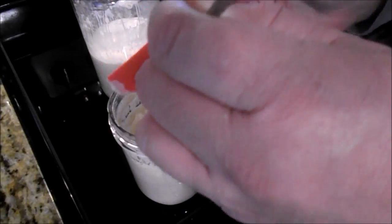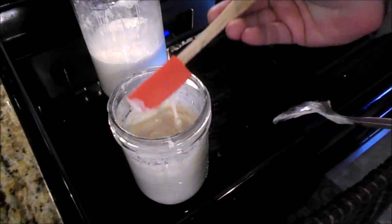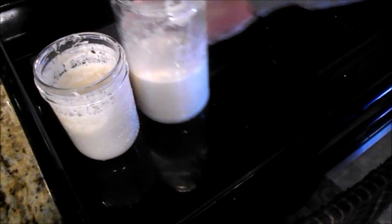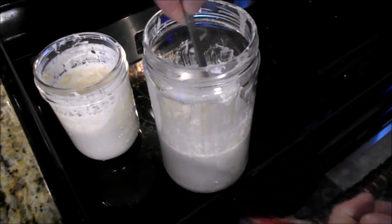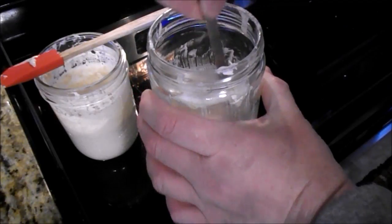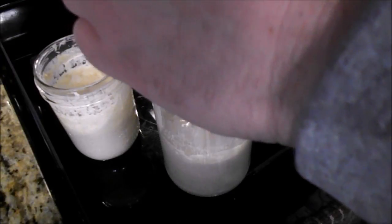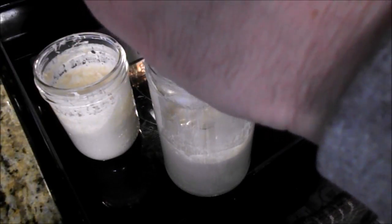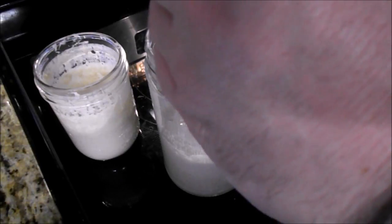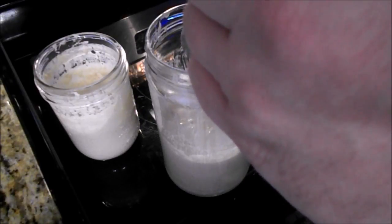I'm gonna wait to feed these. Well, no, I might. I'm not sure. This one last night, after I fed it, did grow like the other one did, but not quite as much. I think I'm gonna weigh out those flowers and get back to feeding this later. This one I'm gonna feed more,